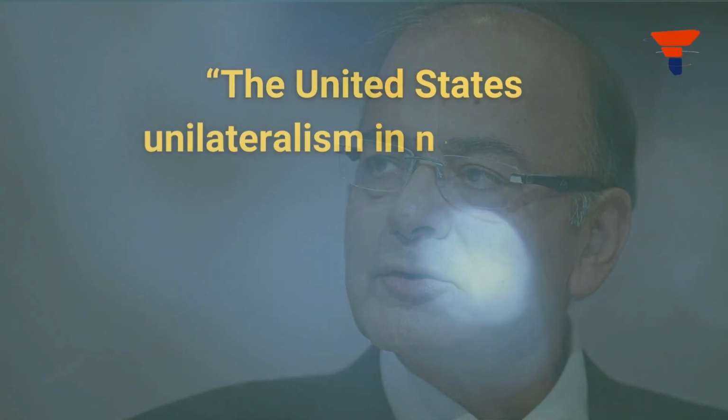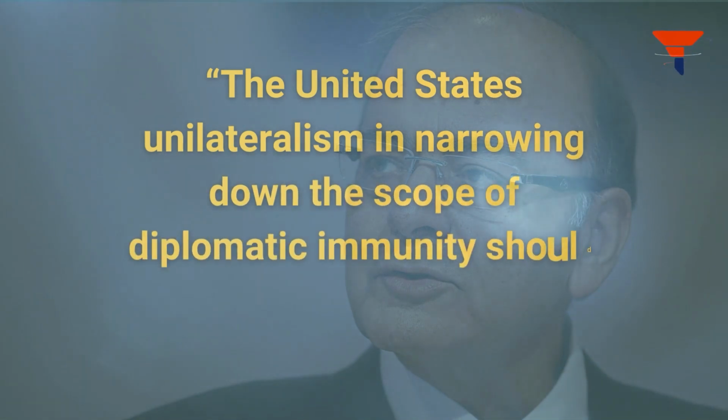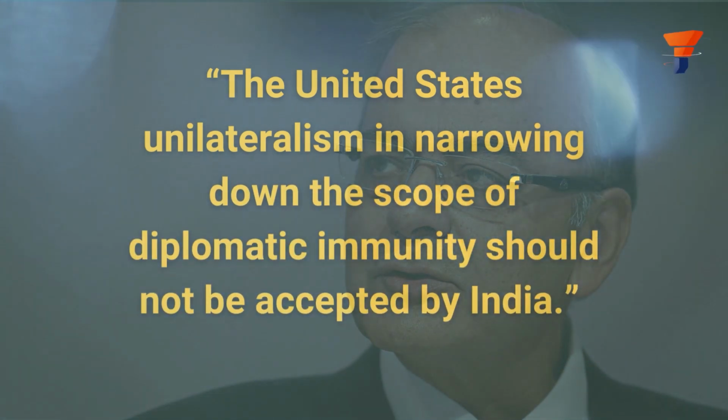Late BJP leader Arun Jaitley had then said, I quote, "The United States' unilateralism is narrowing down the scope of diplomatic immunity and should not be accepted by India." Why had it become such an issue back then? It's because there is a convention in place known as the Vienna Convention, which protects diplomats against criminal actions in countries